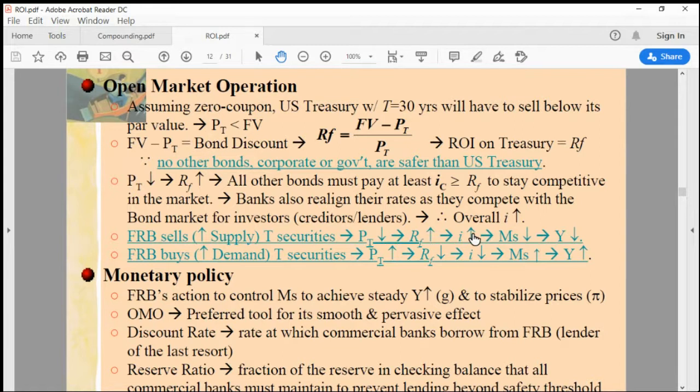Banks are competing with the bond market, and in the bond market, corporate bonds are competing with Treasury. So when the rate goes down, I should have started out with this, and I was explaining this case. If the rate goes down, this is good news for the borrower. But when the rate goes up,